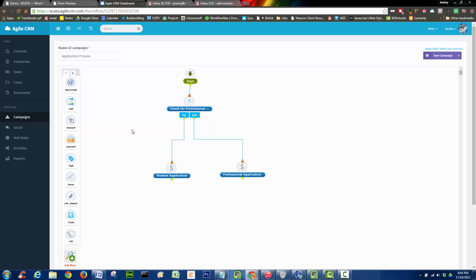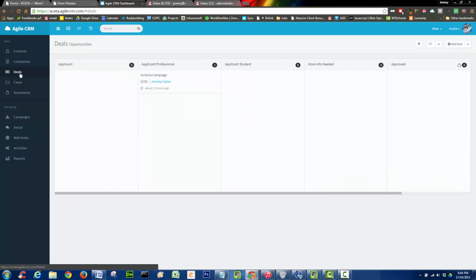The application form is submitted now, and it's checked to see if a tag of professional has been applied against it. If yes, it moves into the professional application stage of a deal. This will make sense in a moment. If not, it's moved into the student application stage of a deal. What does that mean? If we click on deals, we can see that within deals there are business process stages